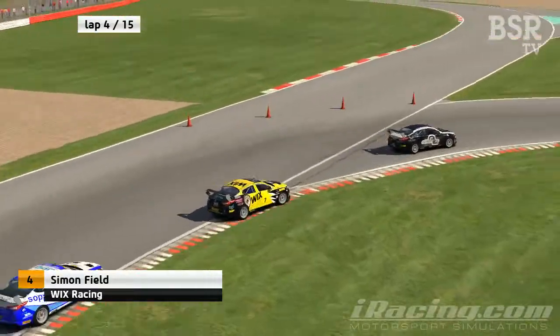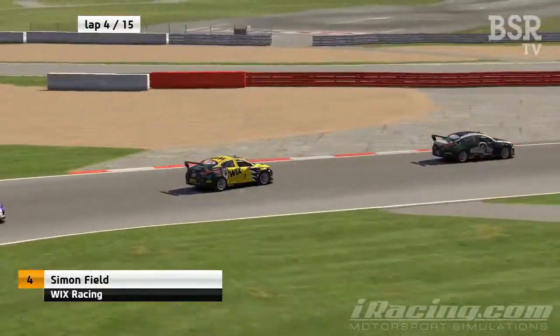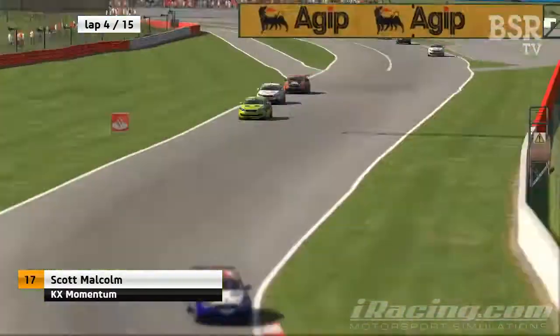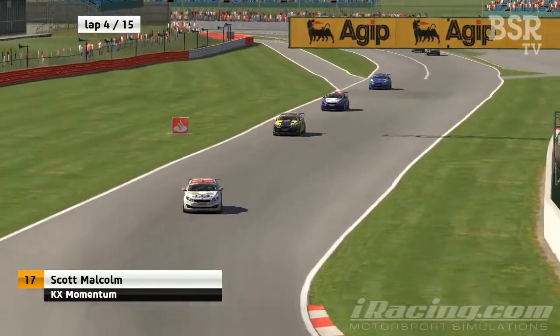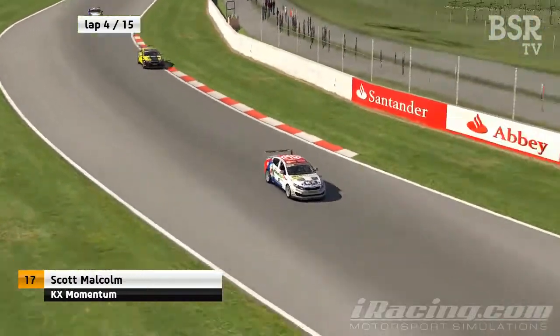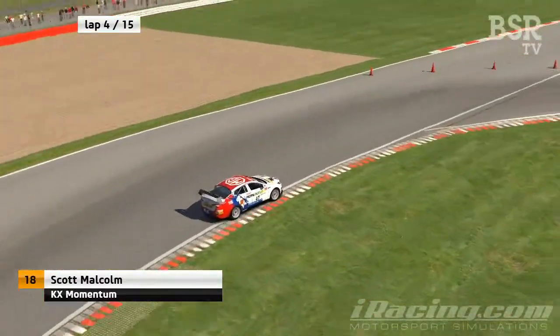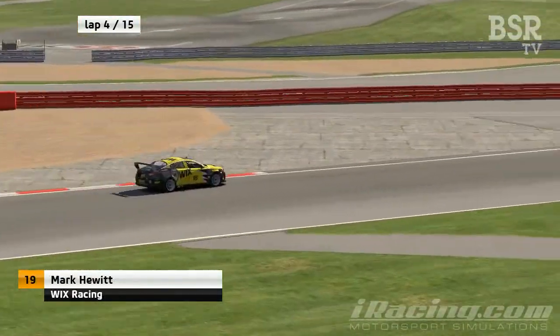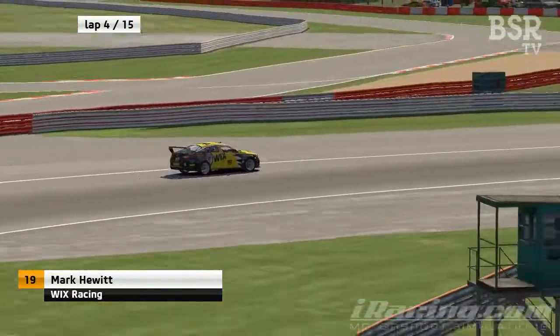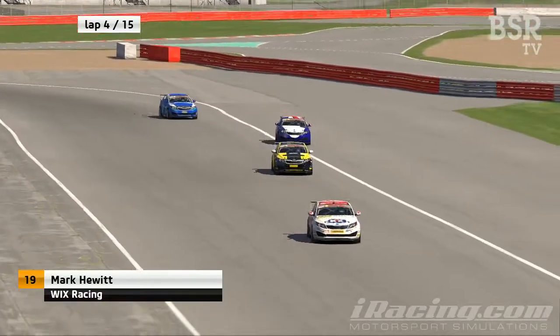Where's Laura Bond? P11, that's pretty good. Laura Bond fan club colouring themselves semi-happy with that one. Scott Malcolm side by side with a blinking Julian Janowski, so Janowski with connection problems there. Looks like he's going. That is a connection issue, by the way. Yeah, you're not calling him the blinking Julian Janowski in the good old English slang of...